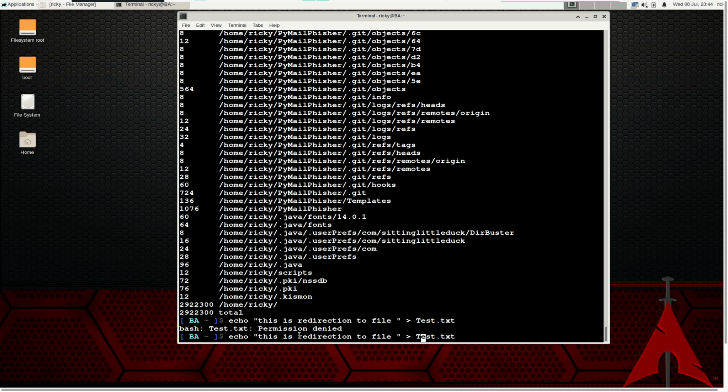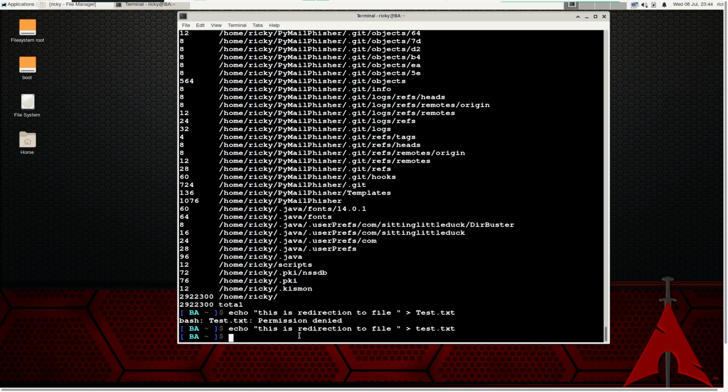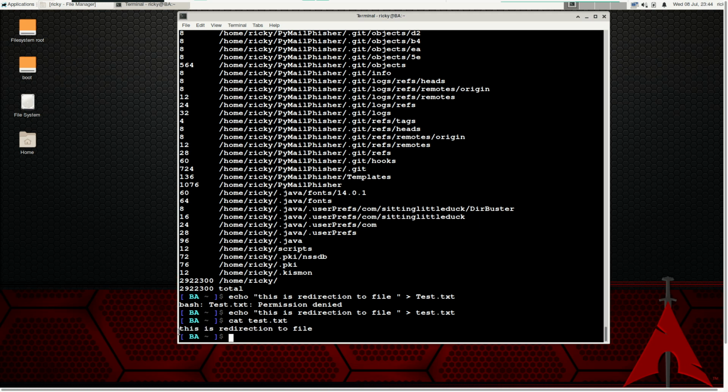Okay, we redirected that one into test.txt. So if I display the test.txt, this is redirection to file. Do you remember previously we had different text, so it overwrote all the data which was in that test.txt file. Okay, so I want to